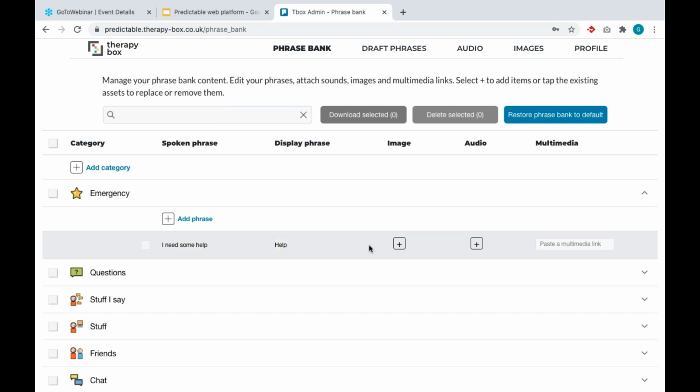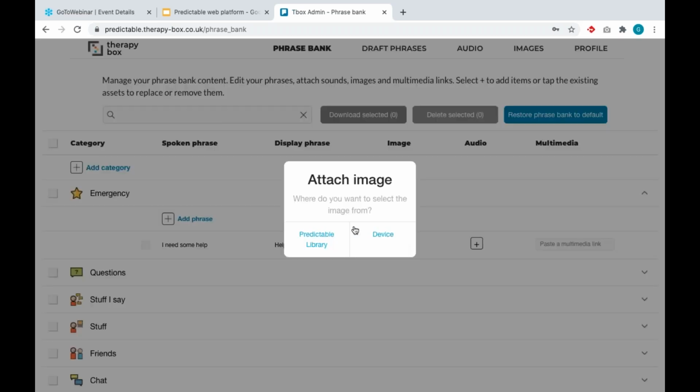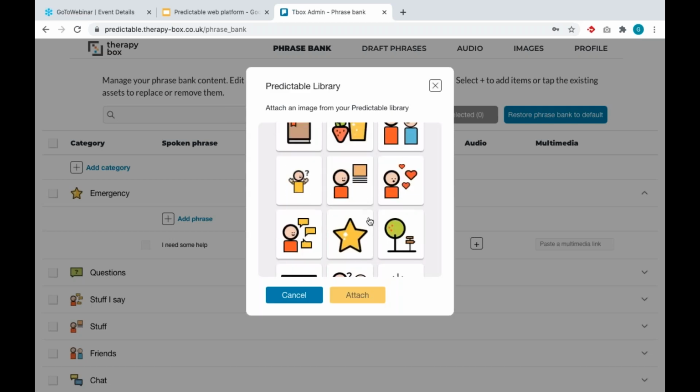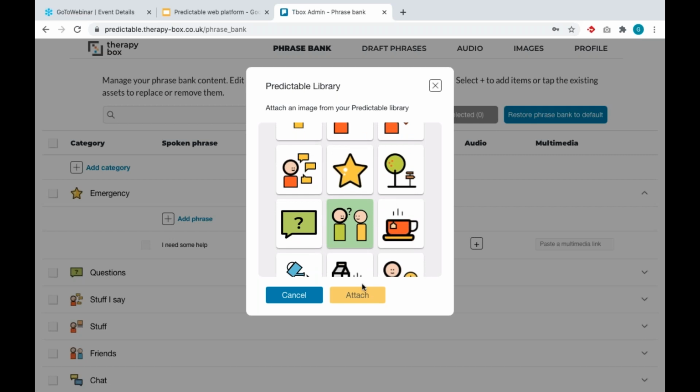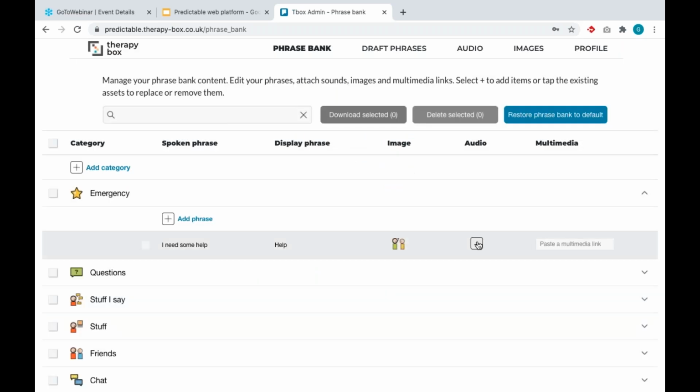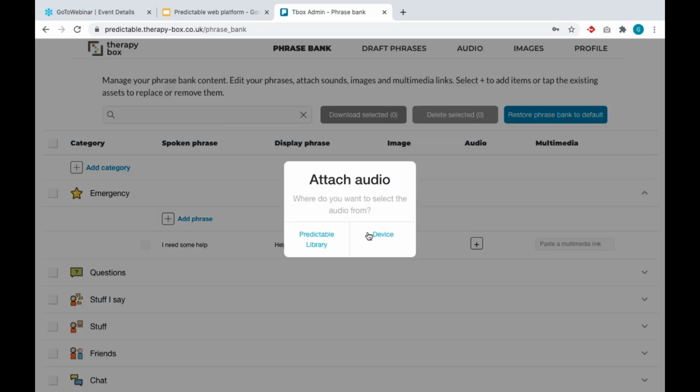I'm just clicking on these text entries to edit the text. Then I can add an image by selecting the add button. So the image can be either selected from my laptop or from Predictable library. I need some help, so I'm going to attach this icon. And I can also attach an audio file.